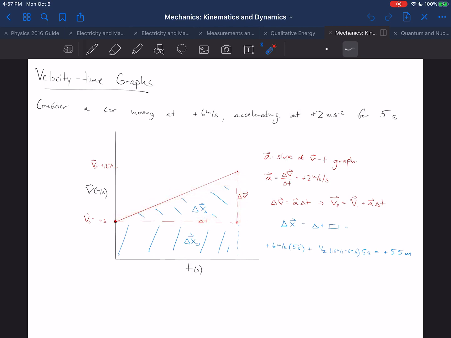Okay? Notice this would not be the same displacement as if you had a constant speed of 16 meters per second the whole time. And in fact, this portion of that displacement is exactly half what it would have been if we had started at positive 16 meters per second. That is, when you accelerate, you pick up sort of half the available displacement, or lose half, depending on the direction